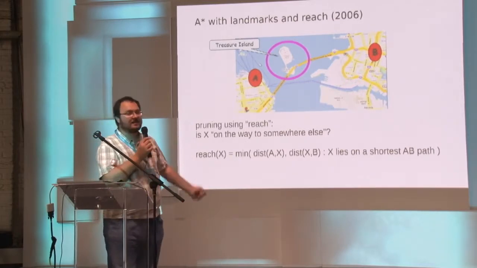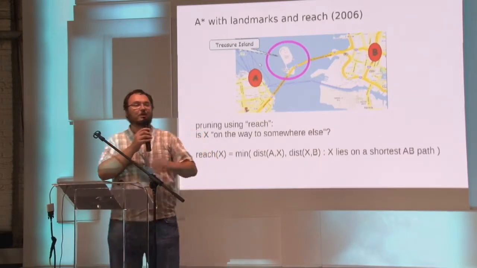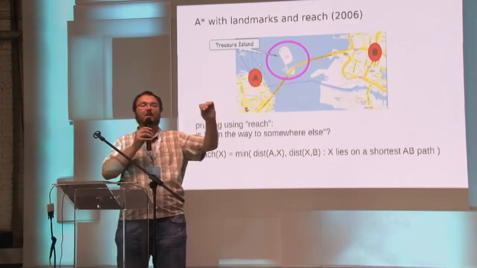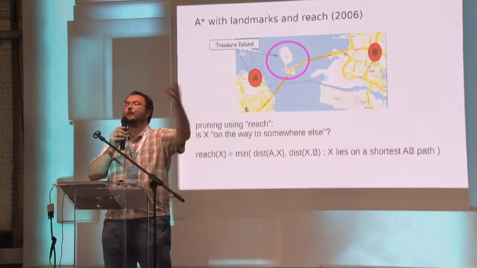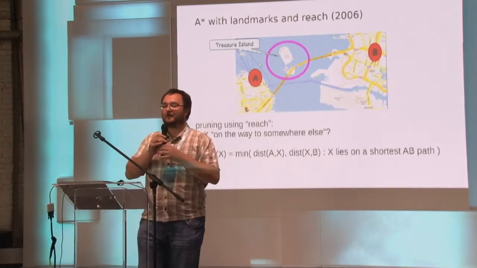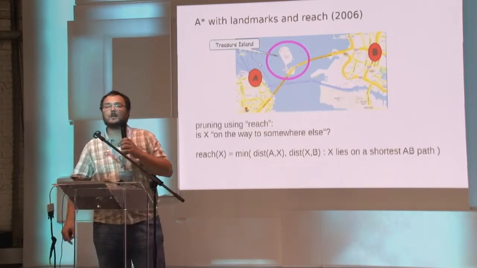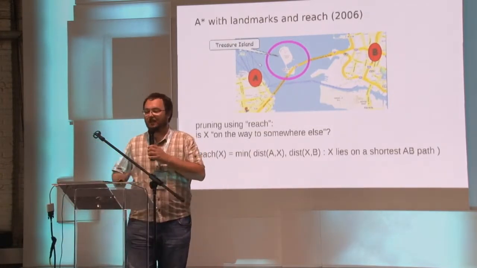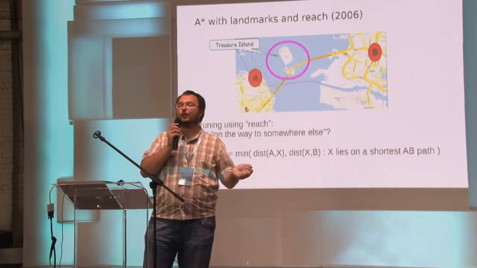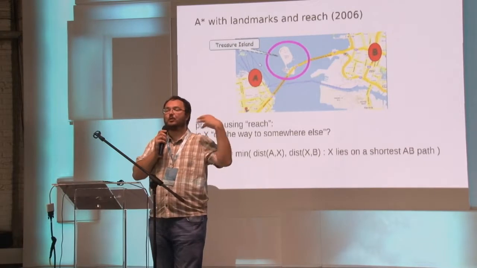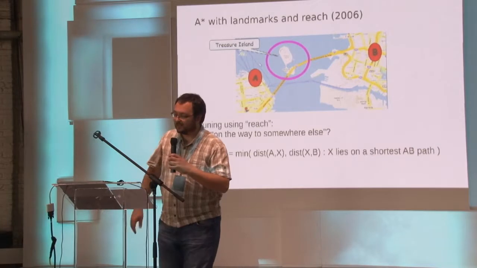Until in 2006, there was a publication of a paper with a new idea, a so-called reach. There is defined a mathematical formula how we can tell that this place is not worth visiting if you are traveling from far away to far away. And this has a nice mathematical definition, and it can be computed in polynomial time, and this is something that is actually done in practical applications. So at least, as far as I know, something like 4 years ago, many of the actual map servers looking for directions were still using these exact algorithms.